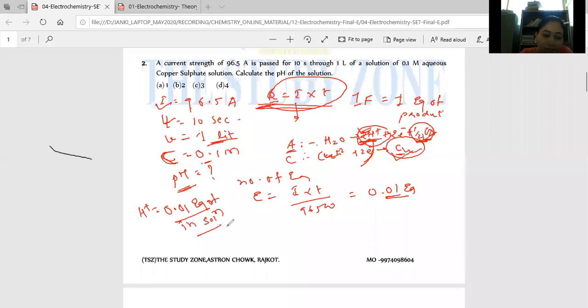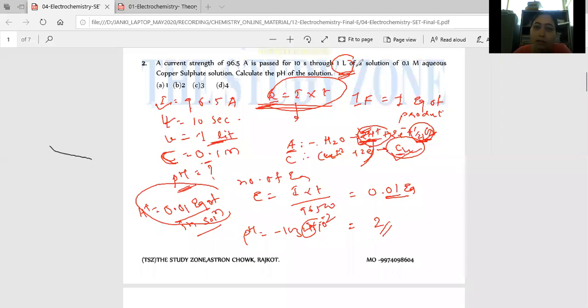Twinkle said. So what is the pH? Now all of you got the answer. As we have pH, so pH is equal to minus log of H plus. Take care, volume is given as 1 liter. If it is given as 10 liter, then what to do? 0.01 divided by 10, means we need to convert the concentration into normal equivalents per liter. Here it is 1 liter, so 0.01 divided by 1, we get the same. So 10 raised to minus 2, in place of H plus, you get the answer 2.